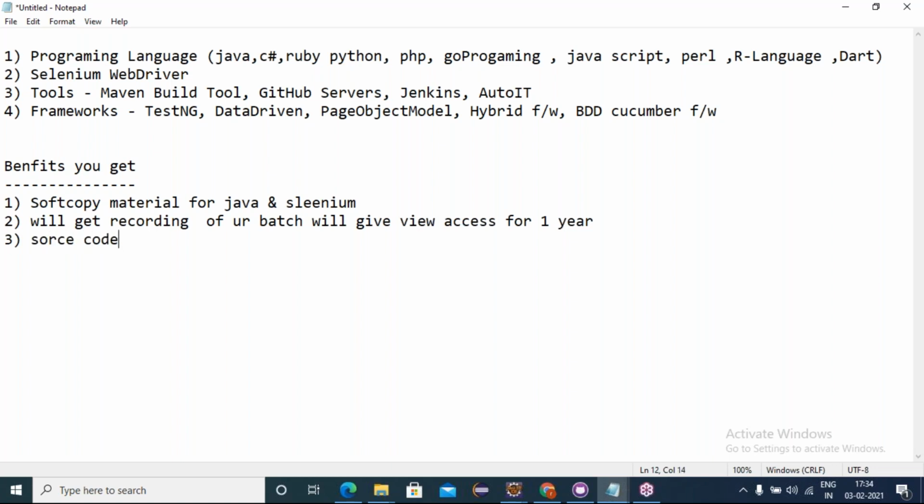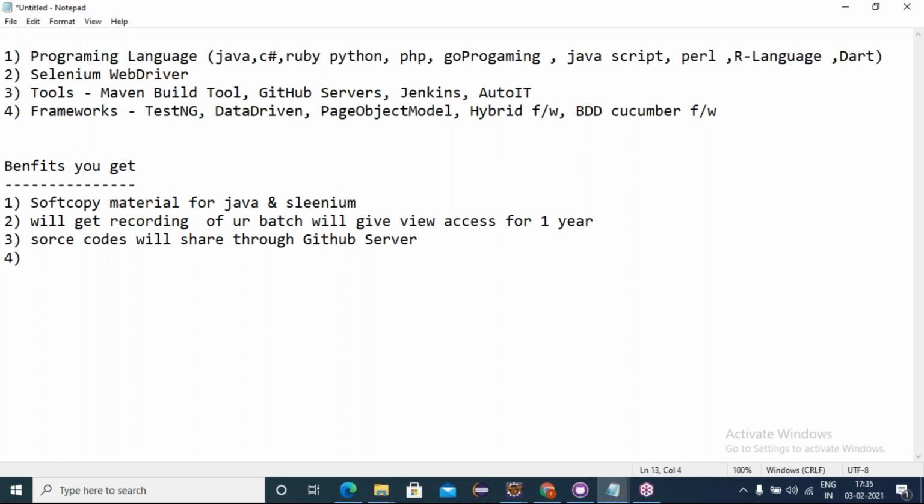So friends, whatever code I build in front of you, like Java or Selenium or any projects we are working with, any source code I build, I'll share through a GitHub server. I'll share the GitHub link with everyone. Whatever code I build, I will commit to the GitHub server and share with everyone. Daily, you can pull the code from there to your local systems, take it as reference, and practice it.